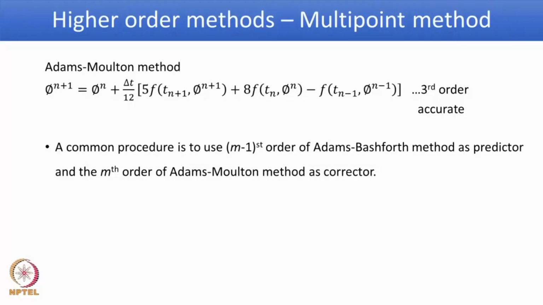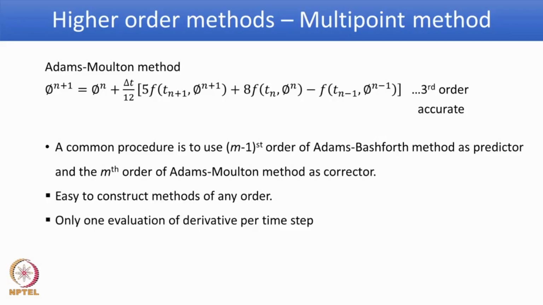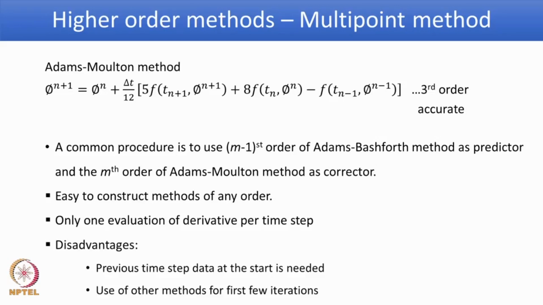You can use these Adams-Bashforth, Adams-Moulton methods independently. You can also combine both of them in the form of a predictor as well as corrector method, and that is what is described here. You can use one order lower Adams-Bashforth method as a predictor and the desired order Adams-Moulton method as a corrector. It is easy to construct any order of accuracy by this Adams method. Only one evaluation of derivative per time step is needed. The disadvantages: